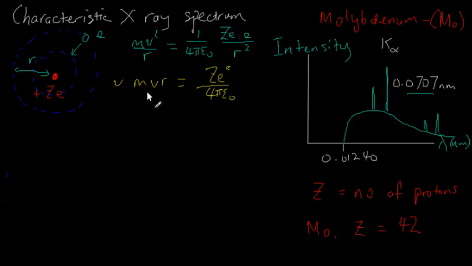And this momentum times r, we know from Bohr's condition and from de Broglie's relation, must be equal to a whole number times Planck's constant over 2 pi. Finally, I can rearrange this whole lot to give v is equal to